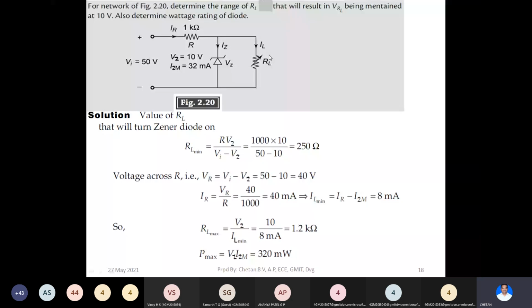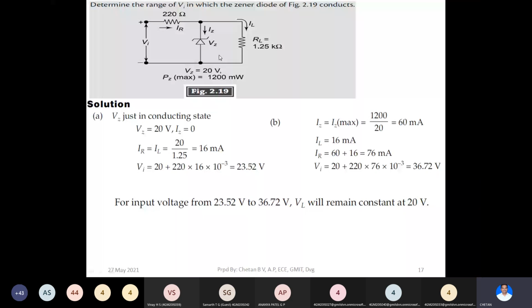Similarly, in this second case where you are finding the range of Vi, they can also give the range of Vi, and they may ask you to find out the range of Iz, right? So if Vi is at a minimum value, Iz will also be at a minimum value. If Vi is at a maximum value, then Iz will also be at the maximum value. So they can directly give a range for Vi, around 20 volt to 50 volt, and in turn ask for the range of Iz.